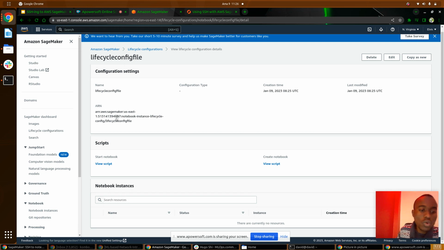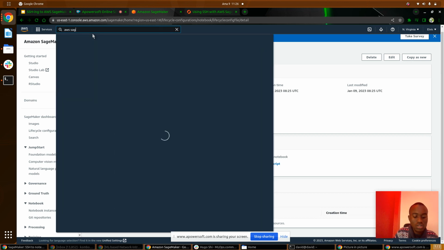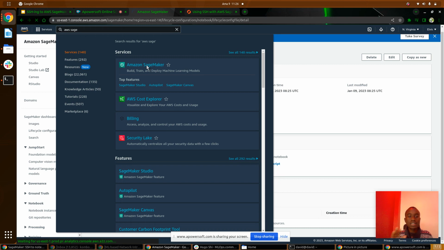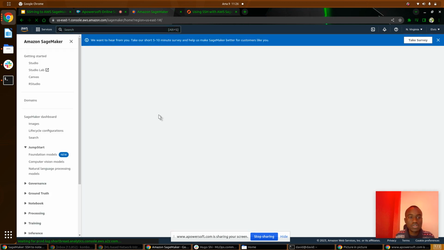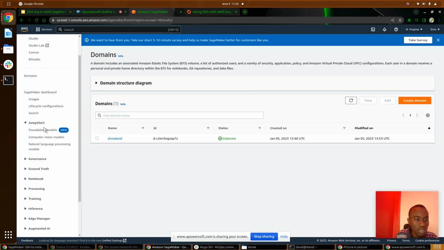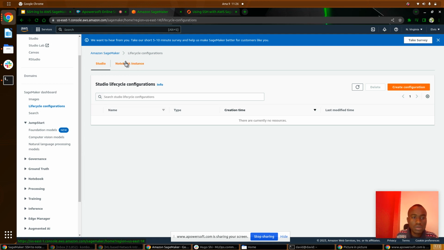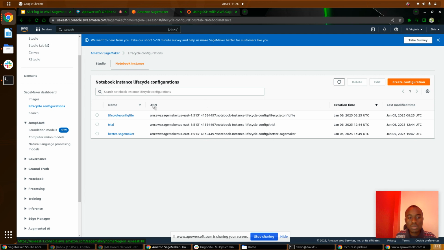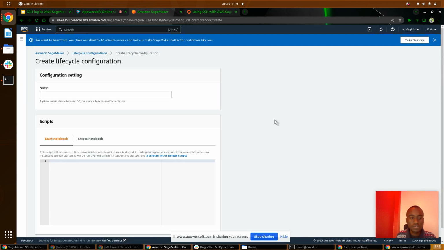This is it. When you want to create this configuration file from the console, in AWS you can just search SageMaker here, click it, and it will take you to the SageMaker console. Then on the left panel, you can see the SageMaker dashboard. Under it, we have images, and we have lifecycle configurations. So when you come to lifecycle configurations, you go to your notebook instance, and then you can create a lifecycle configuration file. So give it a name, let's say lifecycle